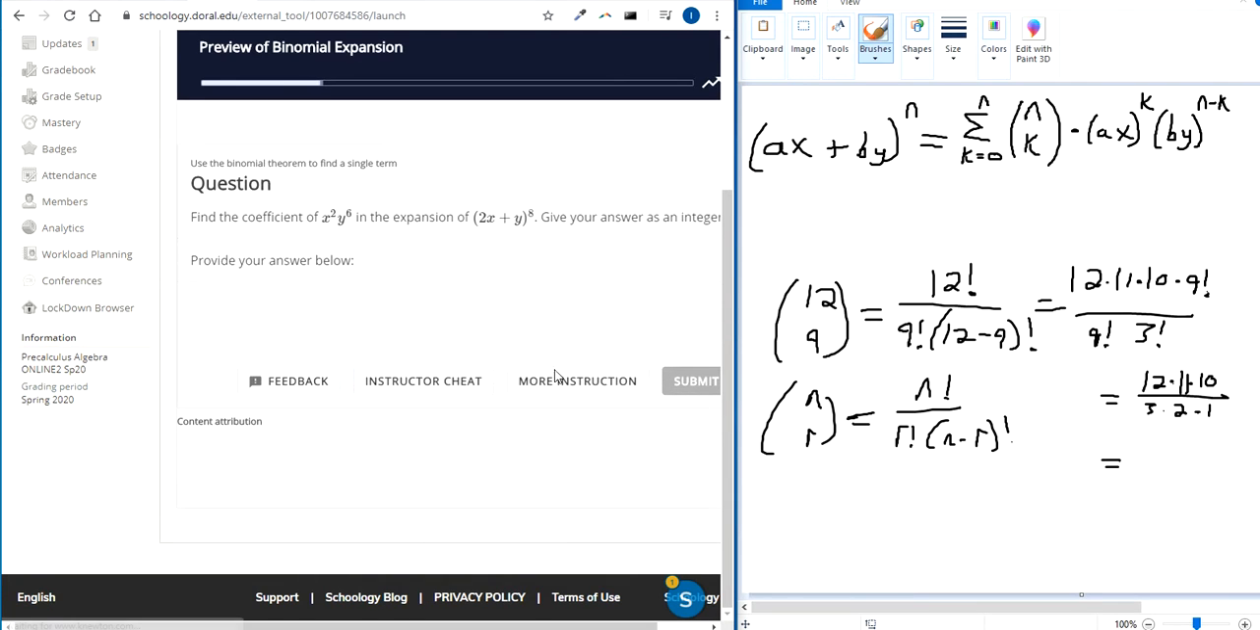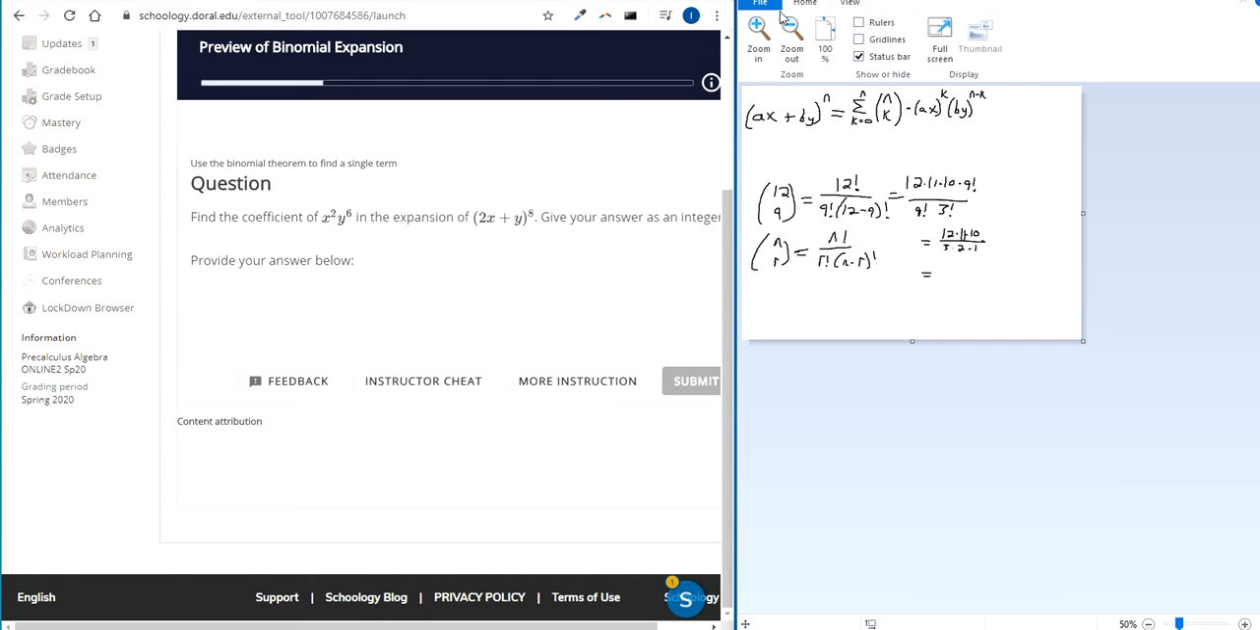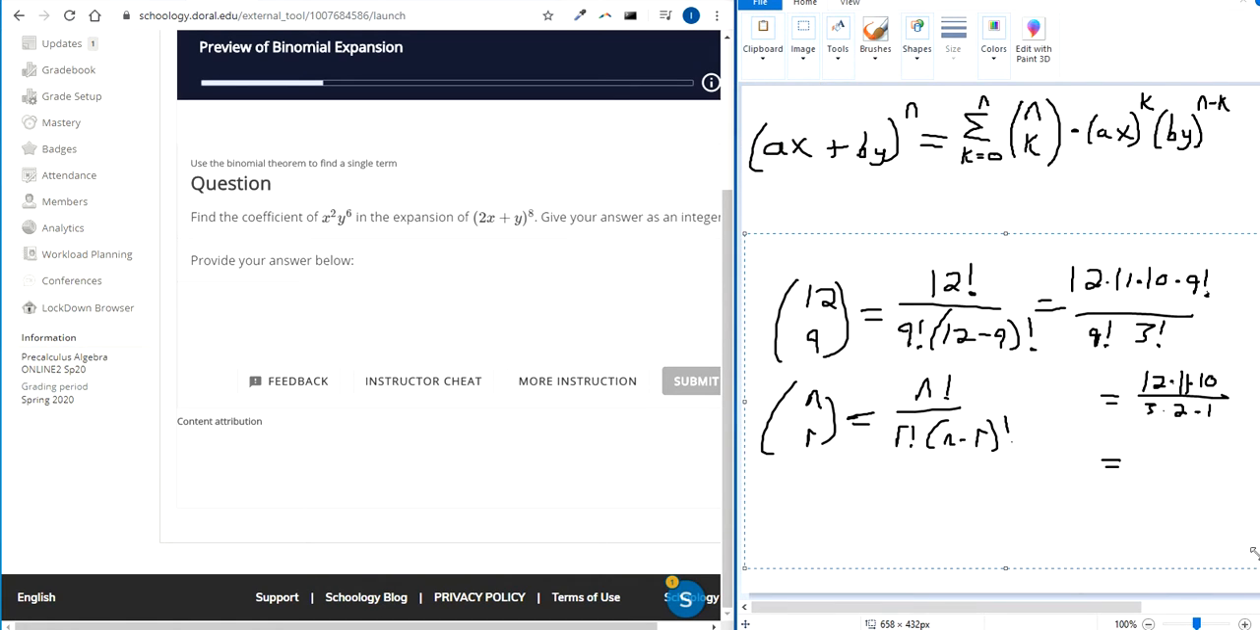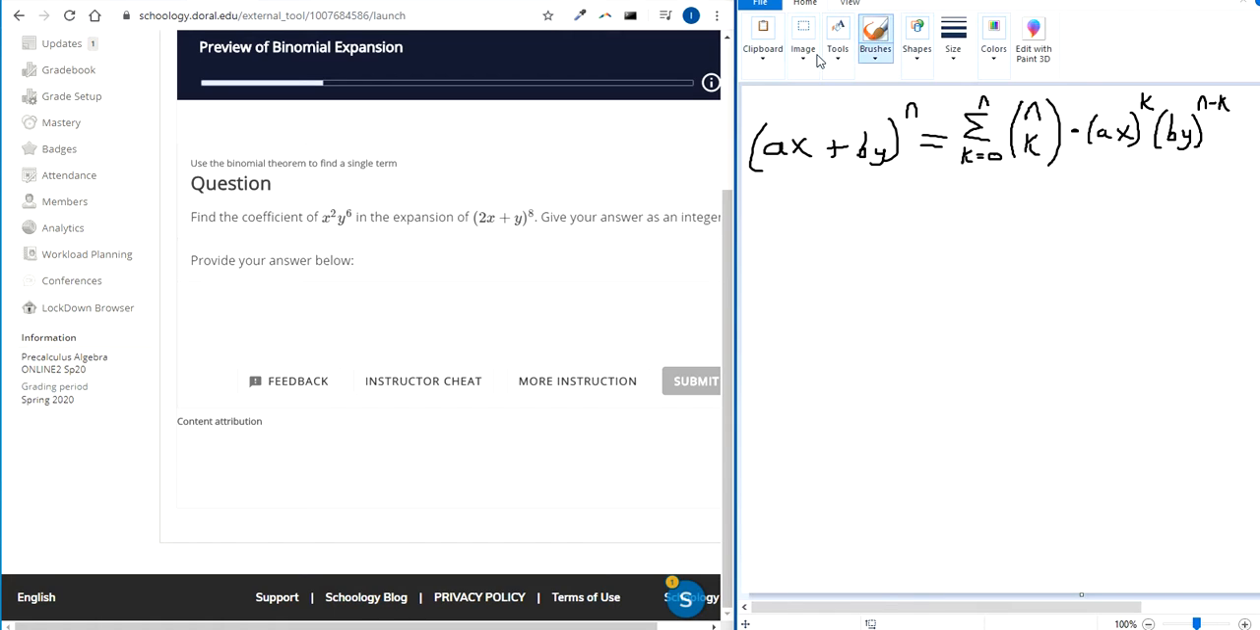All right, let's try something else. So what do we got? Find the coefficient of x squared y to the 6 in this expansion. What we have to help us with this problem is the binomial expansion theorem, or the binomial theorem. What it does is it helps us imagine what terms are going to look like when you try to expand. You know, if you remember doing this before,